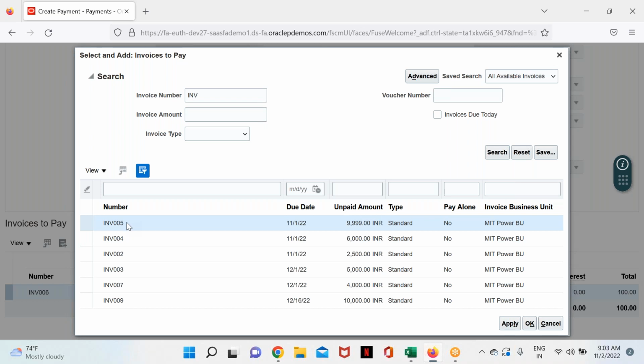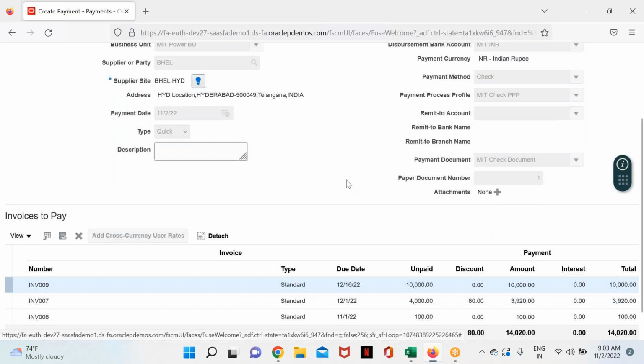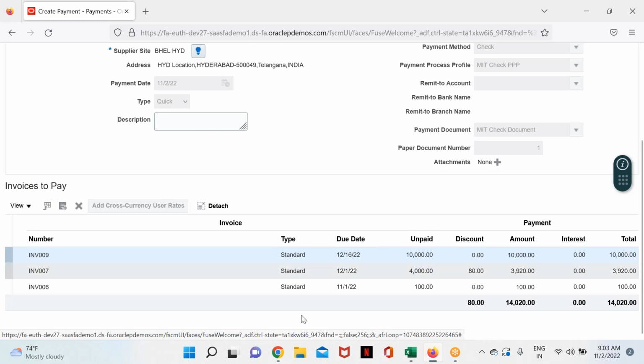Okay, how do you do that? Just shift and down arrow, or else you can select by using your mouse and control button as well. Okay, this is how you select your invoices to make the payment. Okay, so I have selected the invoices, and immediately what happened, application has